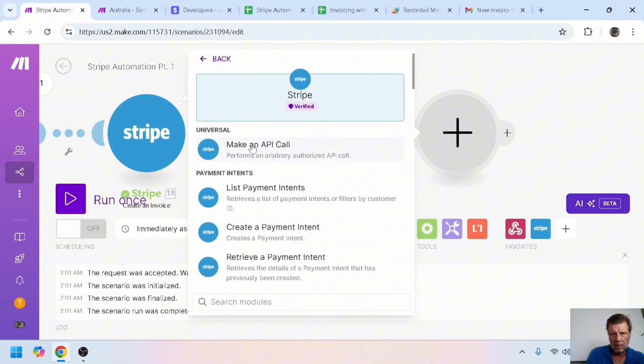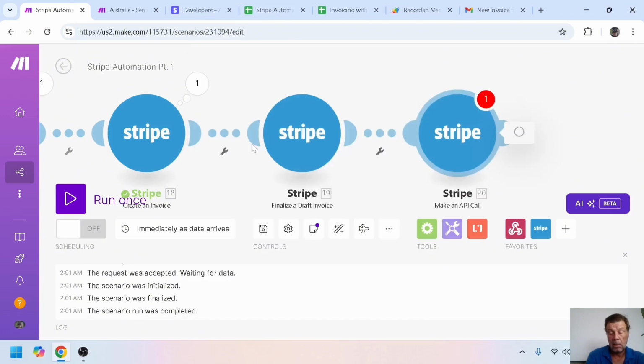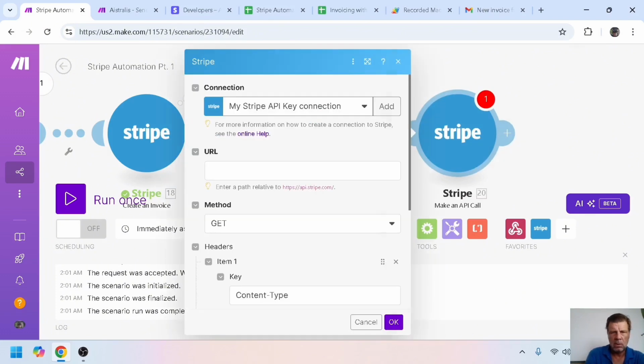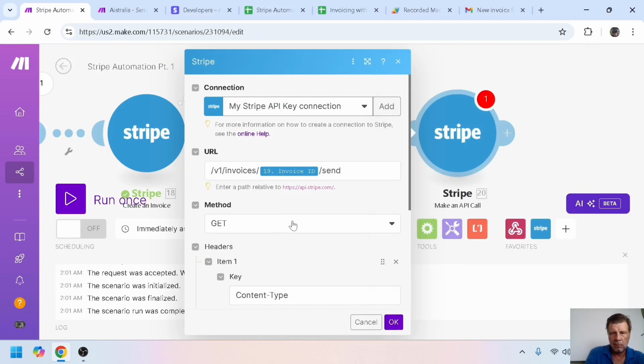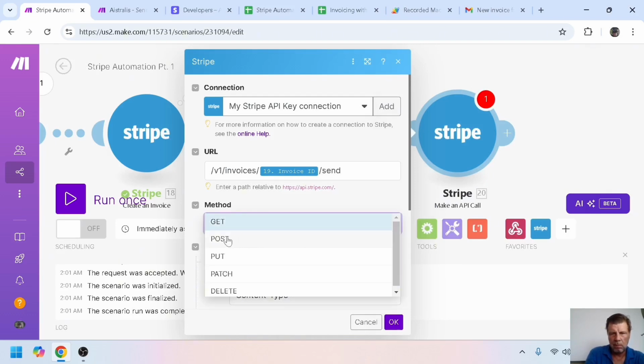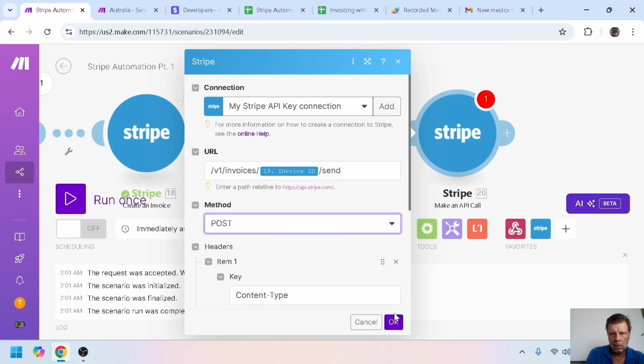So that's contacting Stripe, saying, hey, we have something for you, you do this for me. So the URL we need is v1 version 1 invoices, and here you need the invoice ID. You can click here and send. It's a post. So now click OK,